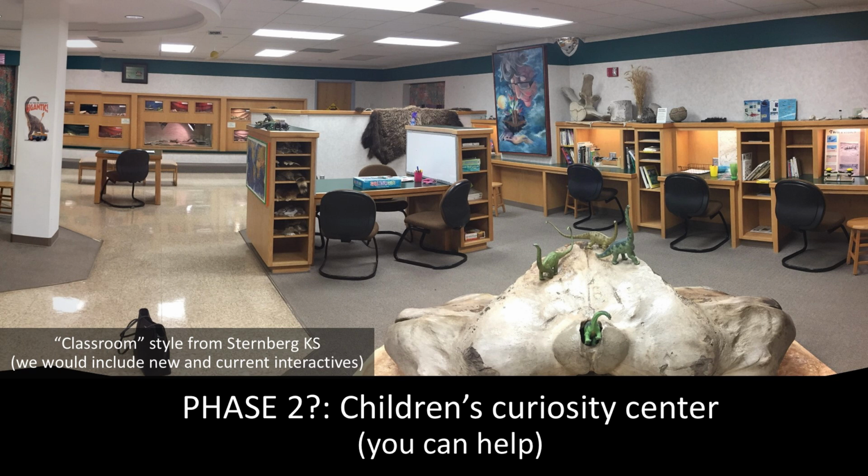Possible phase 2 is what I call the Children's Curiosity Center. So this isn't something that's planned with the current expansion, but what I would really like to do, and we'll start looking for donors next year for this project, is build a Children's Curiosity Center. So the photograph is an example of one at the Sternberg Museum in Kansas. This one's kind of a classroom style, but I think these kinds of places where kids can come in and really